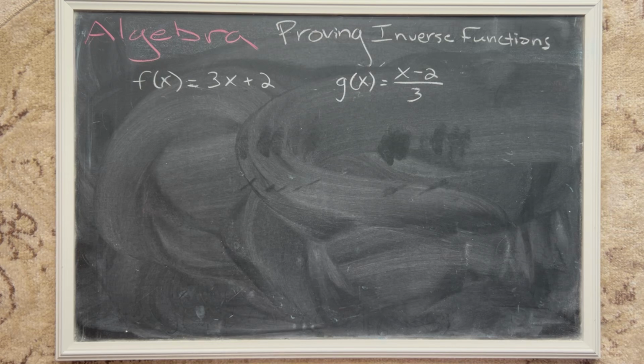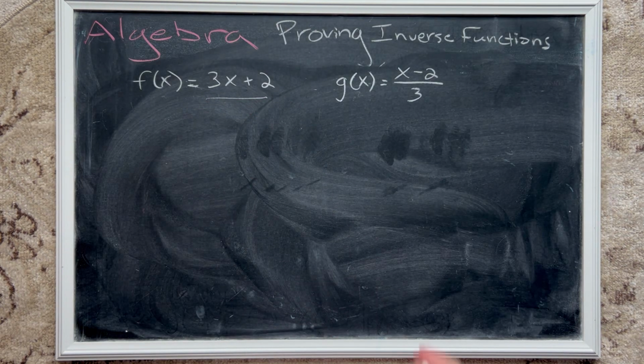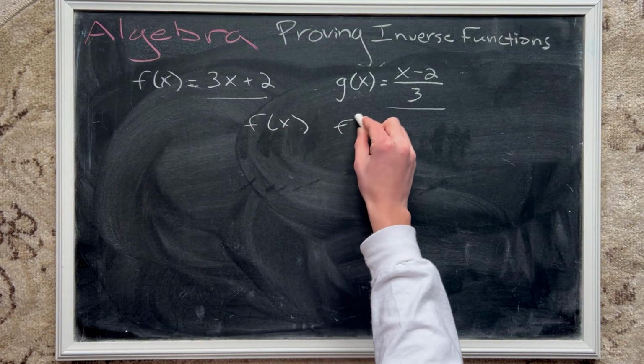Alright, so inverse functions, just a quick little review, is one function that undoes the other. So this function makes 3x plus 2, and then this function is going to undo that. So, if we have f of x and f inverse of x,